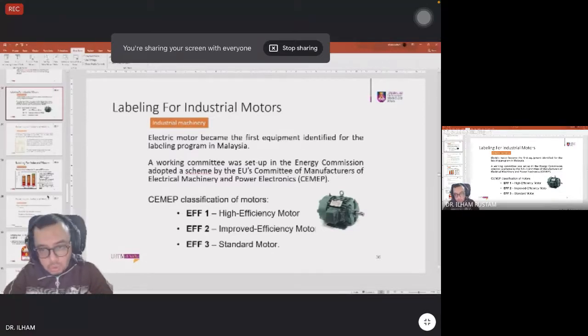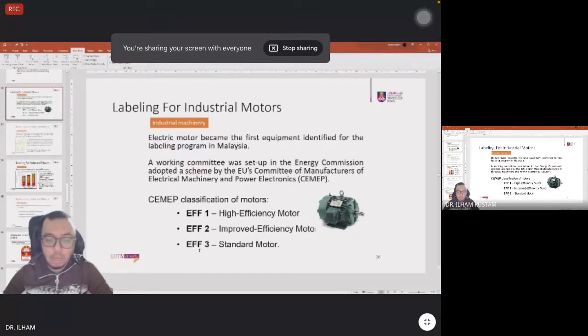So for those who intend to have their own business, to produce your own product in a factory, it is important for you to know the efficiency of a motor, because the most energy consumption being used in a factory typically will be motor. So motor yang dia ada label EFF1 will be the most high efficient motor, meaning korang will get the best output, tapi energy yang korang bayar, bil api yang korang bayar tu lagi murah. Of course, time nak beli tu mahal lah. This high EFF1 punya motor will be the most expensive, tapi in the long run, your capital gain tu lagi